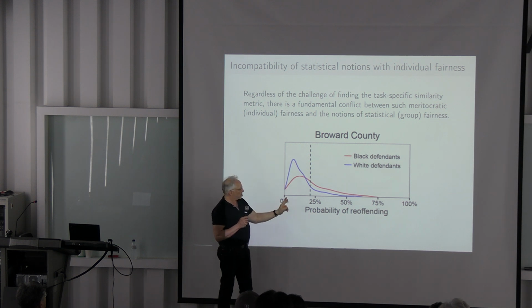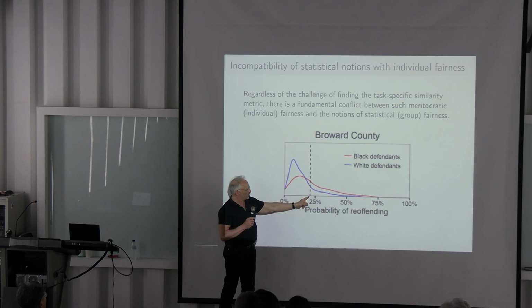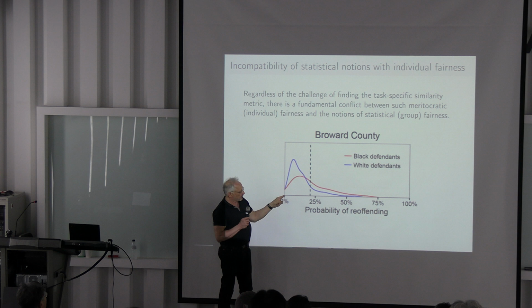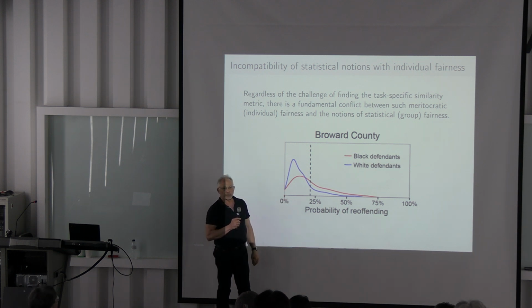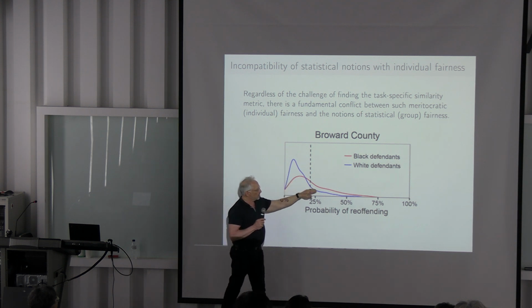So among those, most are in the range of 0 to 25% of reoffending, and the graph looks different